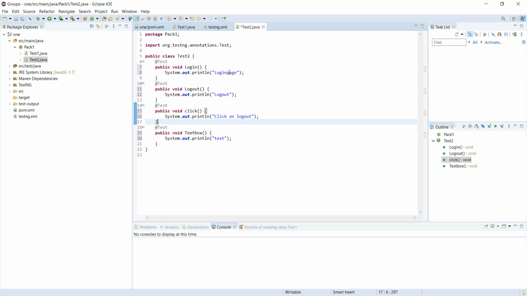So now I want to make groups. For example, whenever we get the build, initially after getting the build we will do smoke testing. So assume this is one framework and I want to execute some smoke test cases. So what is a smoke test? Smoke test means checking the basic and critical features of the application. So what are the basic or critical features of an application? Login, logout, those are the basic and critical features of the application.